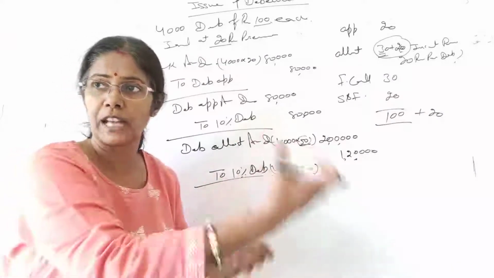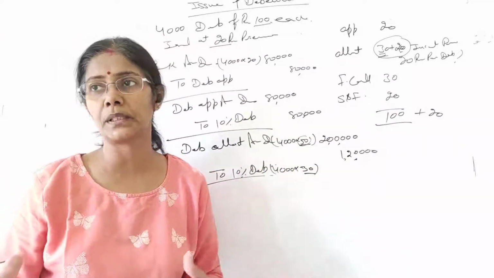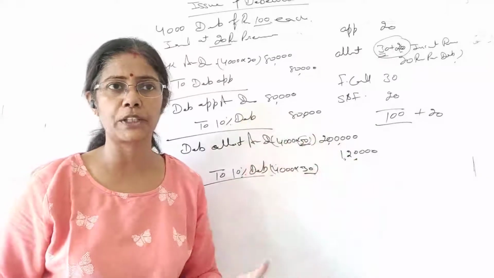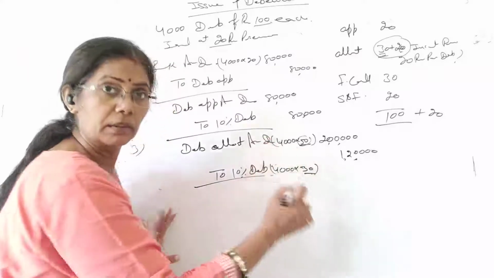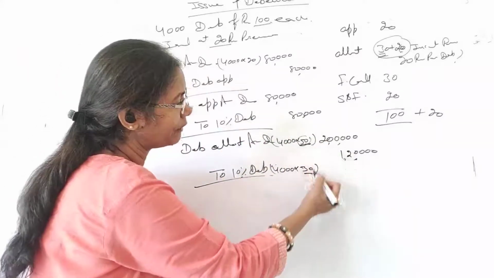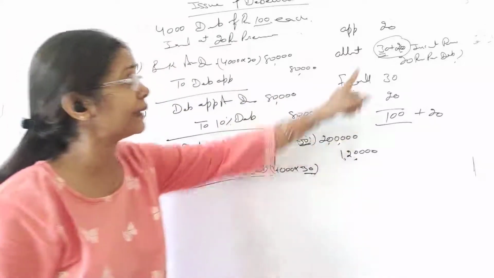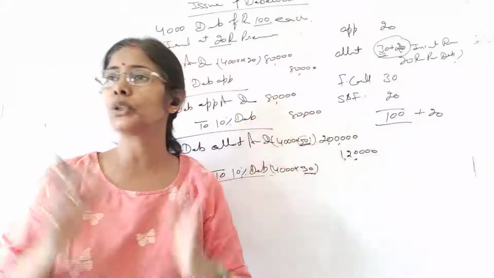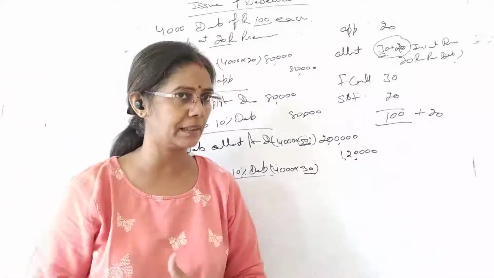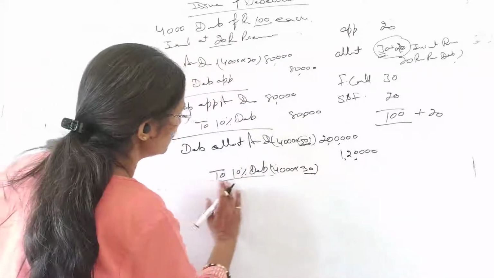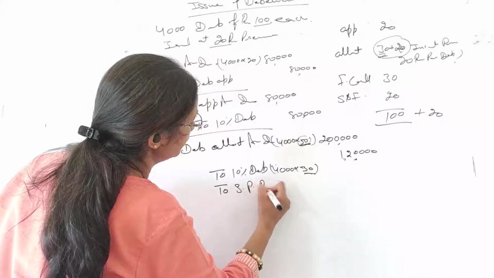I'm taking a lot of time while making you understand because some students are new. So please, this will not be repeated, neither in the shares nor debentures. So please be attentive and learn it carefully. So 30 we have taken. So it is debited by 50, credited by 30. Still something is missing. What is that? That is 20 rupees premium. I've told you the premium is gain and that will be credited. And every debit and credit has its own name. So what is the name? To securities premium reserve.